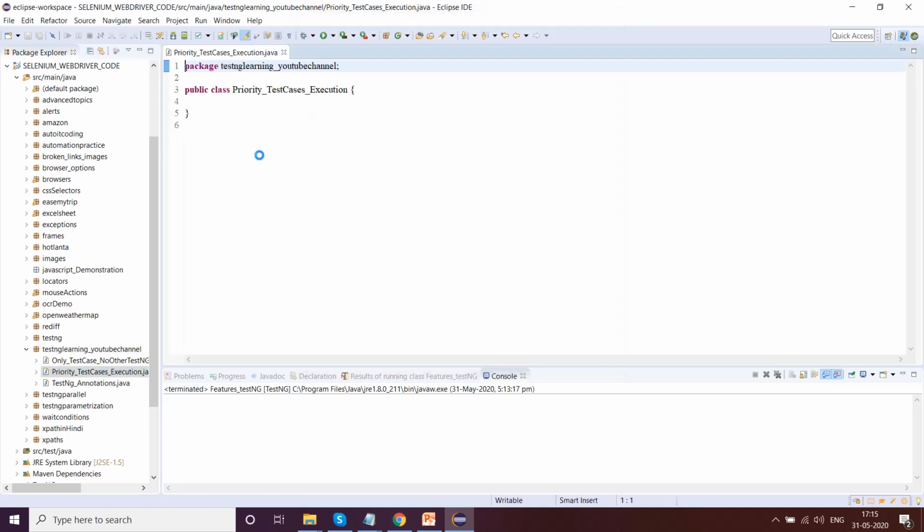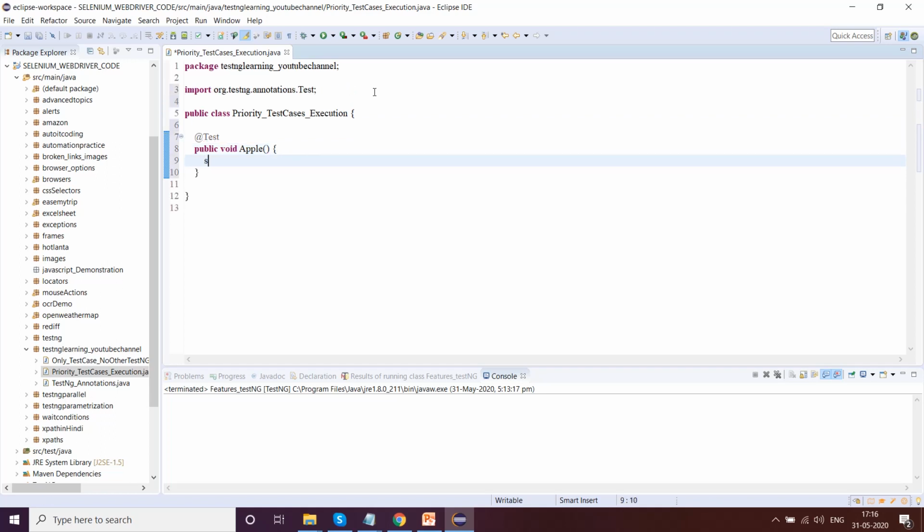So let's go ahead and quickly make a few of our test cases, and I'm only writing the @test annotation. I'm not using any other annotation as such. So public void apple. Why I'm using apple I'll let you know. These funny naming conventions are a little simpler to understand.